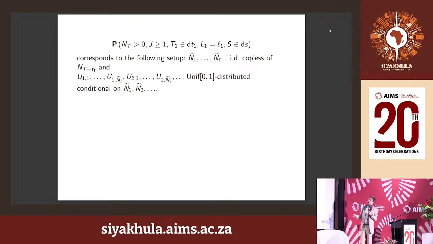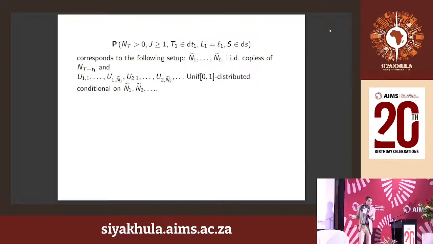So let's just do the following. All those trees, they live for a time t minus t1. They are in distribution as large as n t minus t1. So let's take independent copies n1 till L1 of this random variable. This gives us L1 many random integer numbers, right? And we just take tilde n1 many uniform ones, tilde n2 many uniform ones,